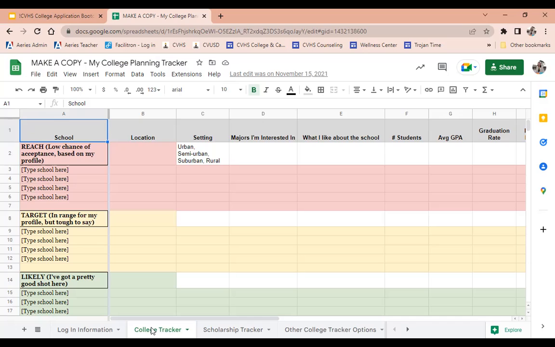Target is going to vary, right, based on you and your grades. For some students, St. Mary's College of California is a target school. For some students, maybe San Jose State is a target school, but for others, those might be reach schools. So it's going to vary for some of the schools. Any questions? Okay, so